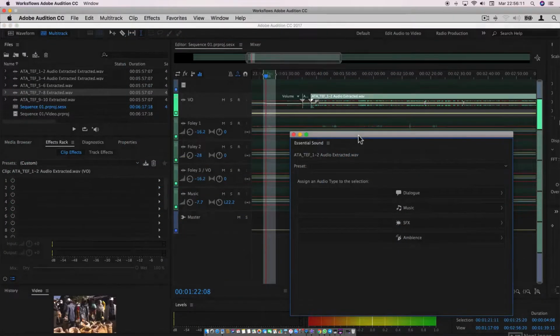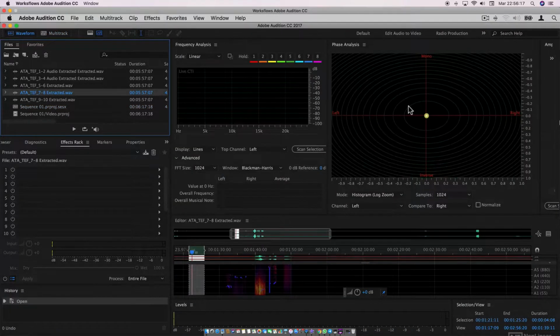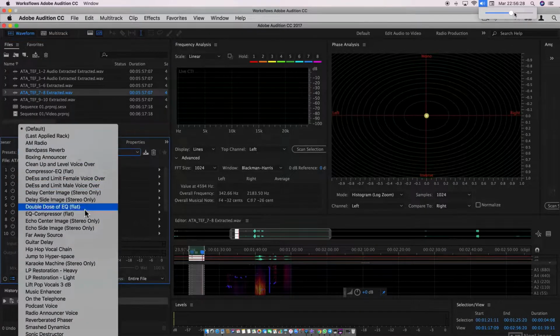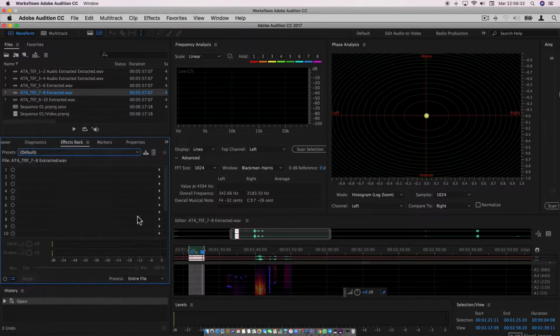Both applications support audio tracking and editing, and Audition supports video playback as well. Adobe Audition is capable of many things that Premiere isn't, like advanced audio mastering, advanced audio analysis, restoration and repair. It's really designed to complement Premiere, to provide you with ways of working which go beyond what Premiere is able